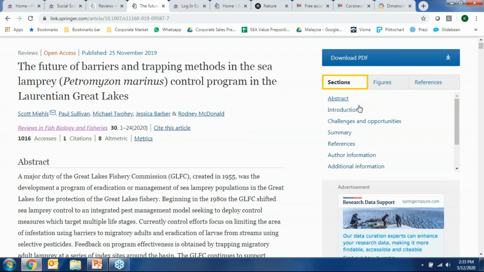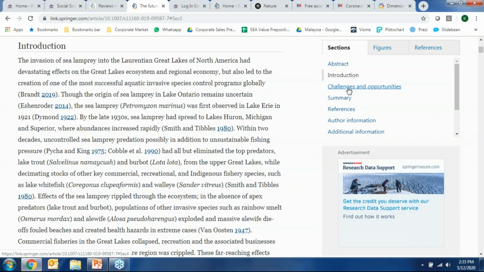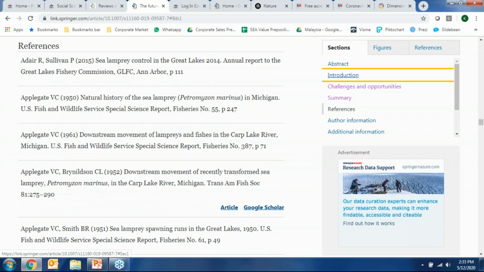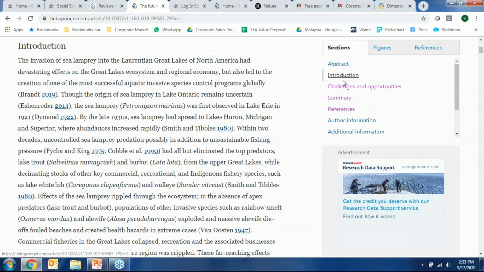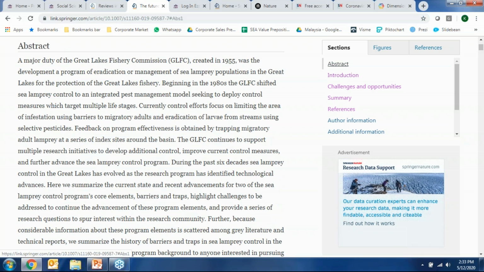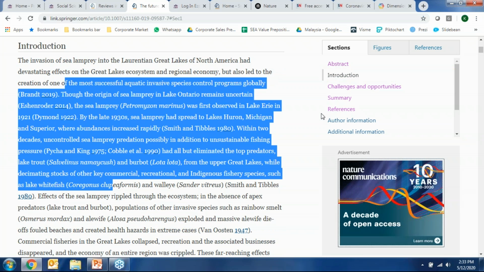So you can scroll through very quickly to the different sections of the journal article just by using this feature and then scrolling very quickly. So when you're doing your literature review and just researching for different information, typically what you want to look at is, okay, read the abstract a little bit, understand, okay, maybe there are some points here that I could use in this paper, look at the introduction, and then perhaps go all the way to the summary and see whether